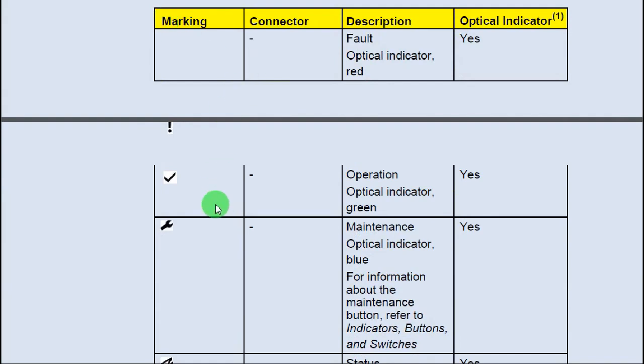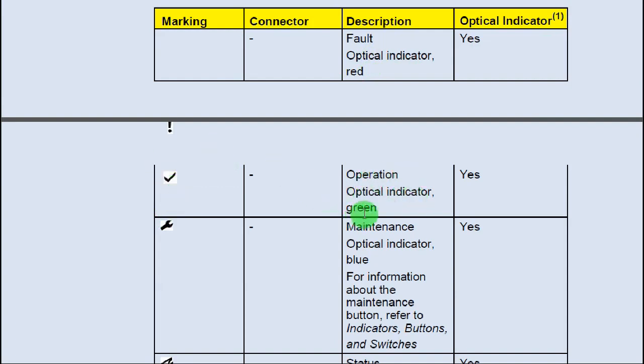There are some markings which indicate alarms. Fault optical indicator is red.